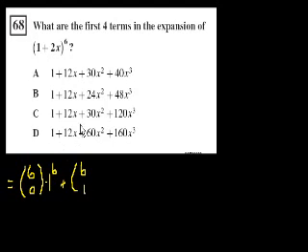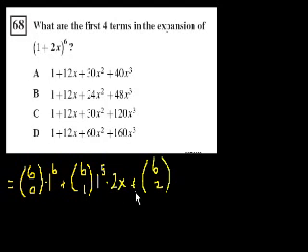This is going to be equal to 6 choose 0. And we're just going to do the first 4 terms times 1 to the 6th times 2x to the 0, so I don't have to write that, plus 6 choose 1. And actually, we'll probably just have to figure out the third term because that's the only time where they start to change. 6 choose 1 times 1 to the 5th power times 2x to the first power plus 6 choose 2 times